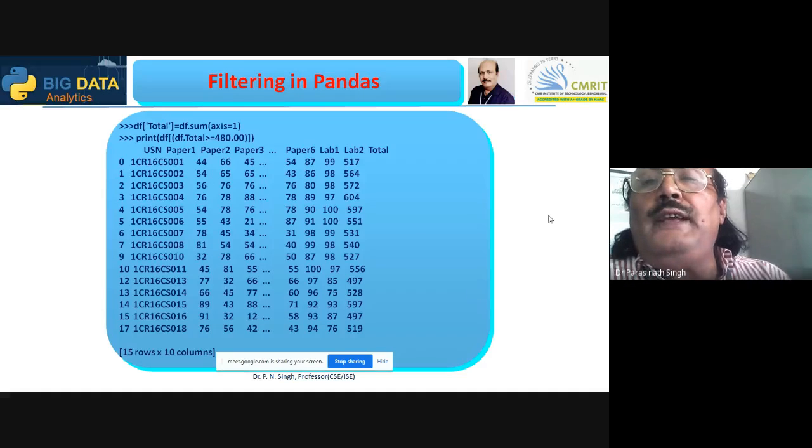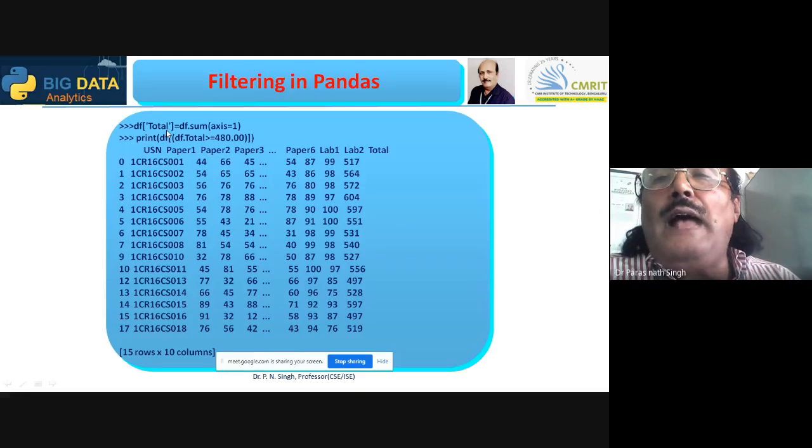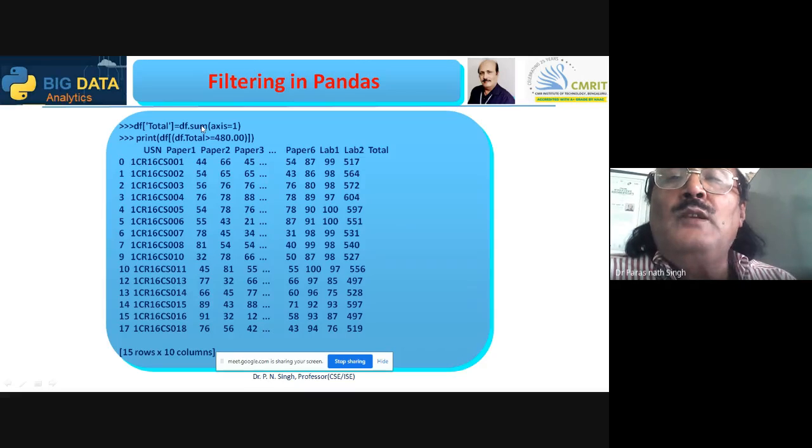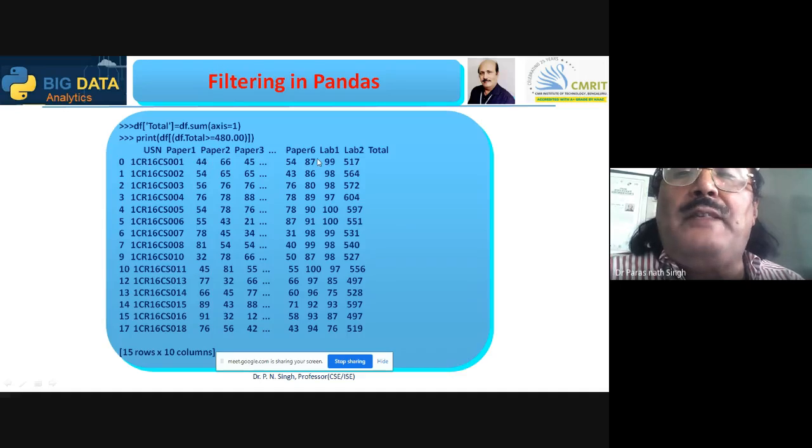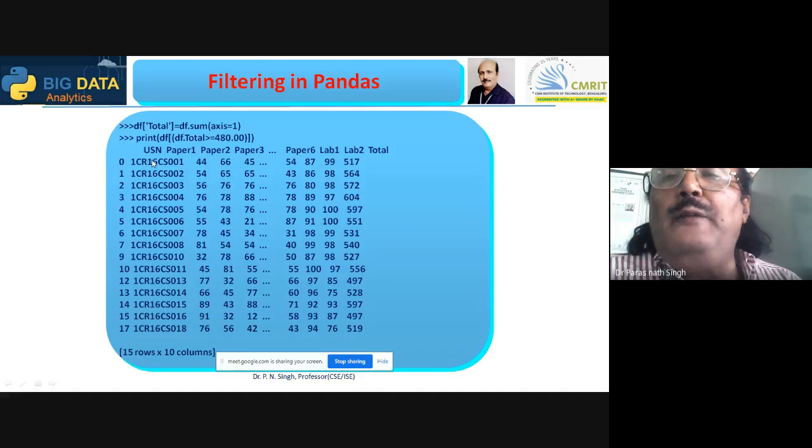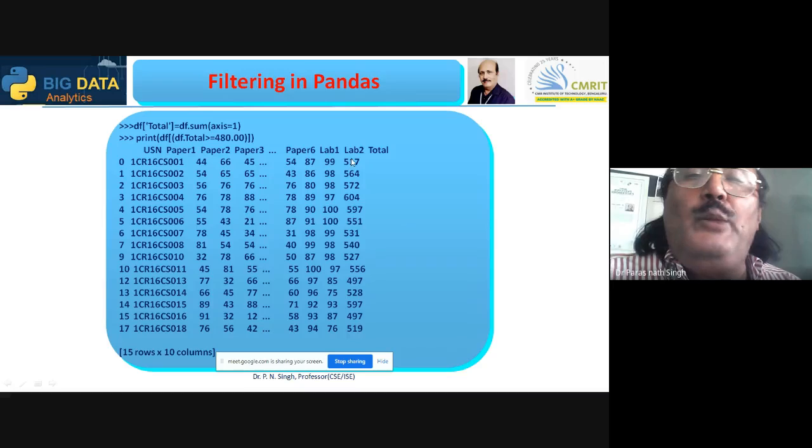So what I am doing here, in the first command, total means I am adding one more column to the data frame, total, equal to df dot sum, axis equal to 1. This axis equal to 1 represents the record, and leaving those string values, it will add only the numerical values, and finally it gives the total. Here the headings are not aligned properly. So total, all students' total marks are being displayed here.